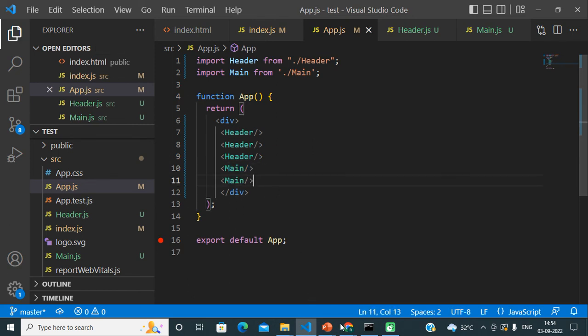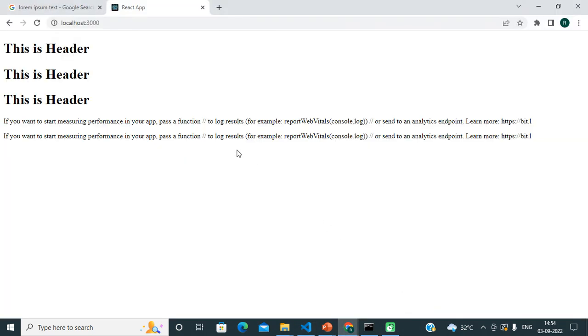Now let me save the file and take you to the browser. You can see we are calling the header component 3 times and the main component 2 times. So this is how components work in a React.js project. This way we can create multiple components for each and every section, and we reuse components.